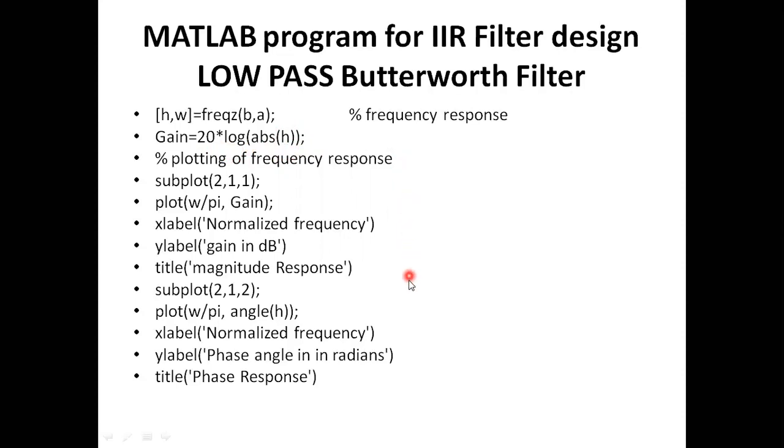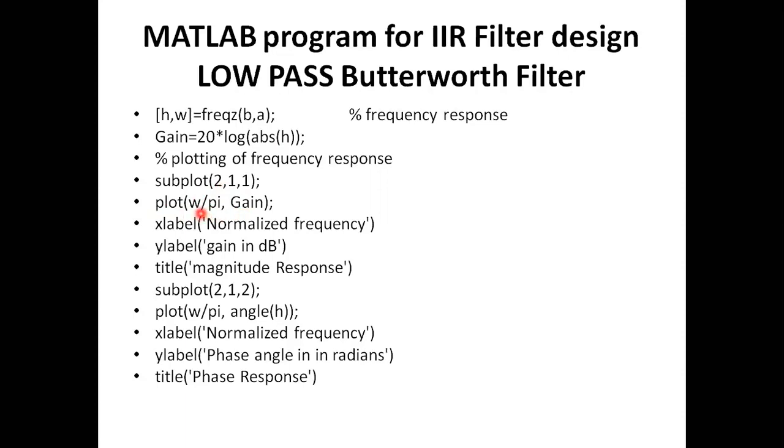Now you need to plot your frequency response, a magnitude plot and a different phase plot. So two plots you are having, that's why I'm using subplot. Subplot 2 1 1, 2 rows 1 column. First plot will be your gain plot, the magnitude response. This is the meaning of this line. Clear? So the plot will be your gain versus frequency.